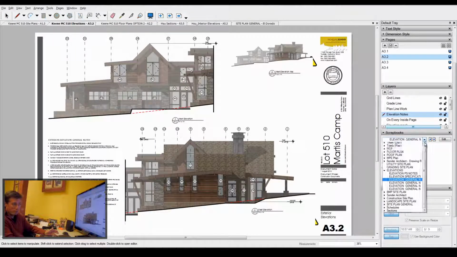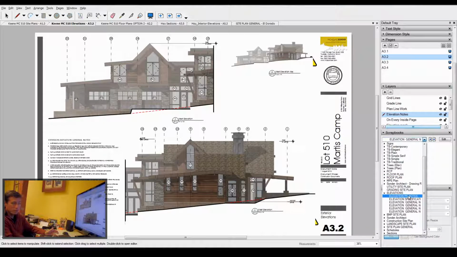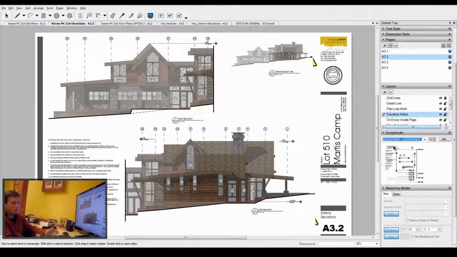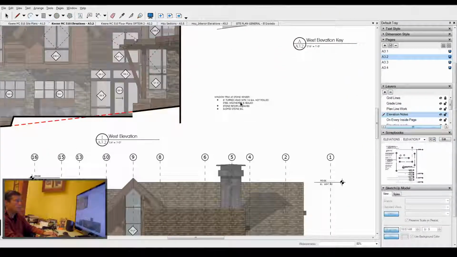But I also have, you can see in here, there's elevation. I call it PS notes for paper space, the old AutoCAD in me. But it has things like elevation marks, which you can see have already been loaded in here. It has specific notes. And some of this stuff is evolving. For instance, here,